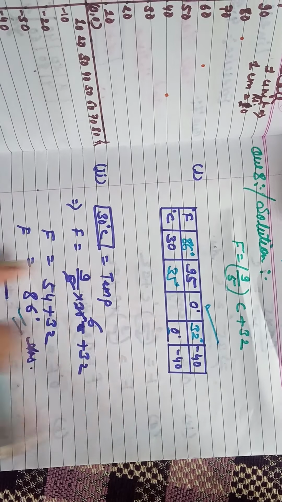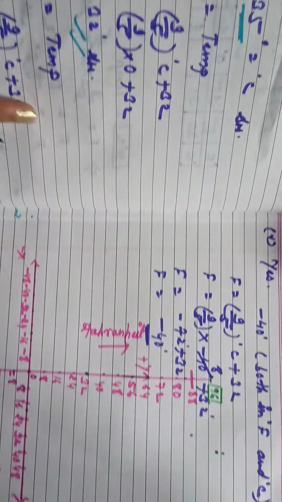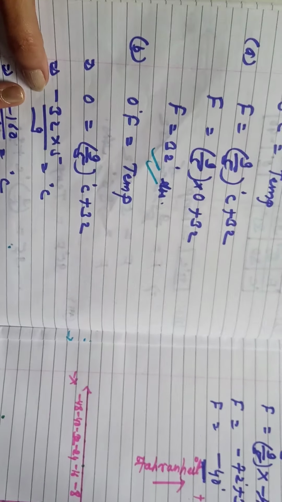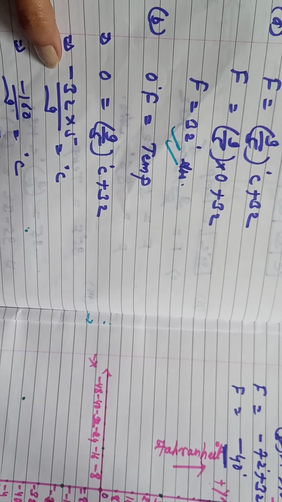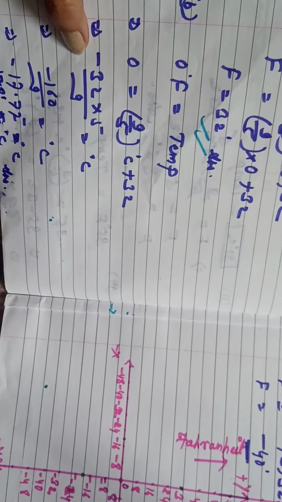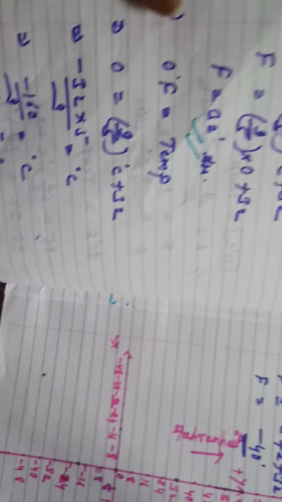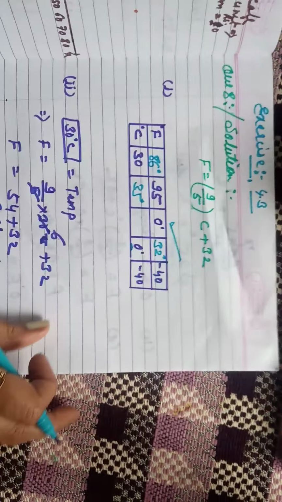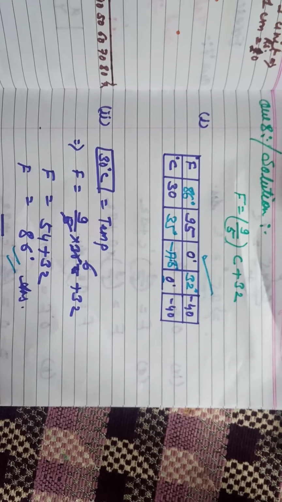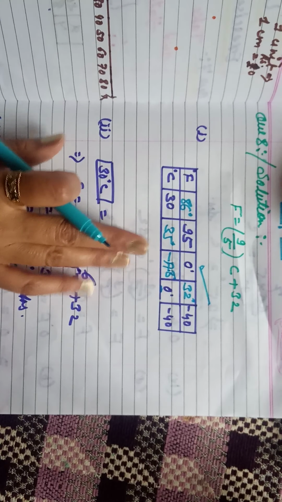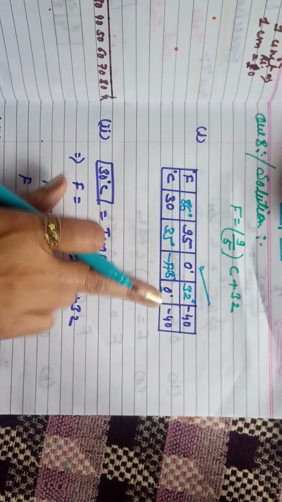And for the Fahrenheit value 0, after solving it, the plus 32 comes to the other side as minus 32. After solving it, we get 17.7777, so I am writing here minus 17.8. Whenever the temperature is 0 degrees Fahrenheit, the Celsius value is minus 17.8. This is also a solution of the given linear equation, so that it is easy to draw the graph.